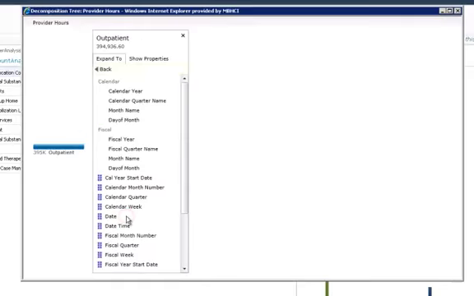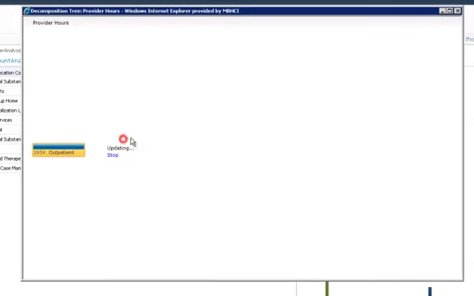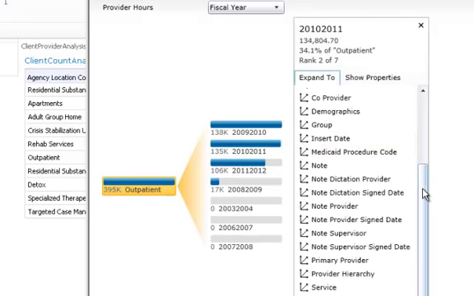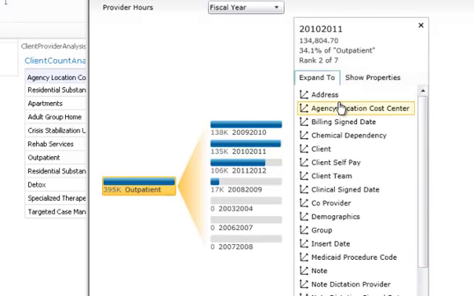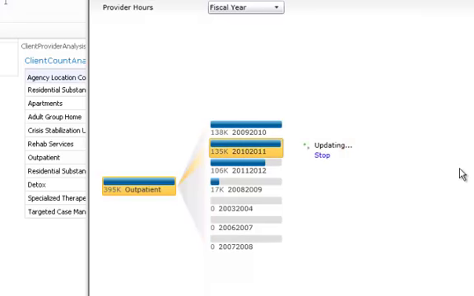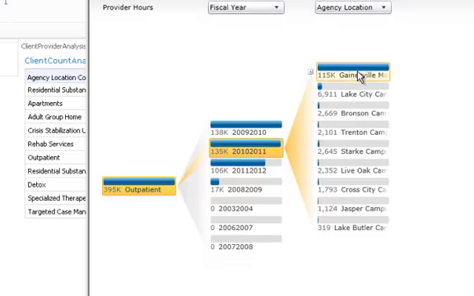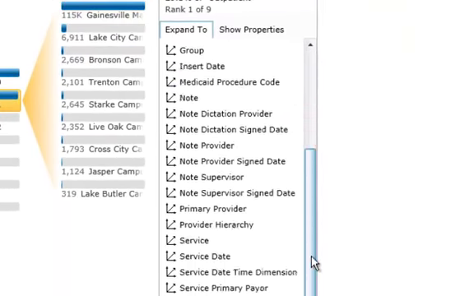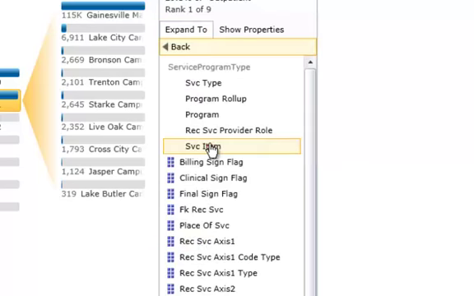So here you can see the Silverlight decomposition tree viewer. We want to take our outpatient hours, we want to break it out by fiscal year. We're now looking at location cost center. We want to look at agency location by fiscal year. We can drill down the hierarchy, all in real time at the speed of thought,